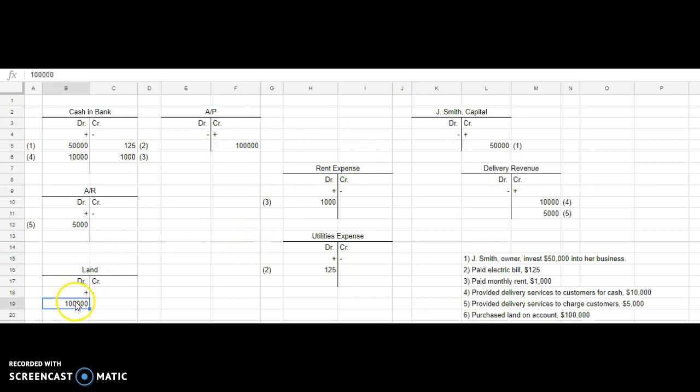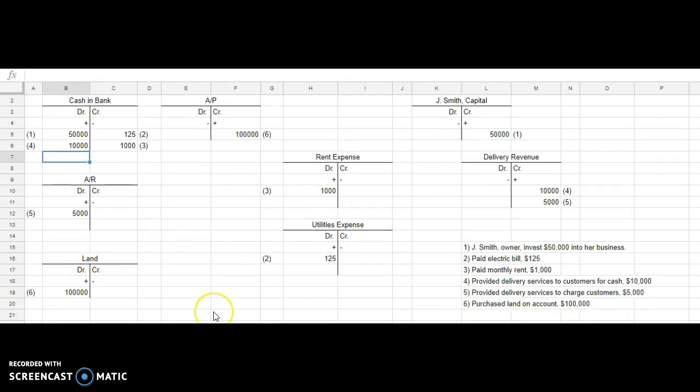And do my debits equal my credits? So now we have to prove the accounting equation, and we have to prove that our debits equal our credits. So the next step is to get our ending balances. Now, one thing I want you to remember is your ending balance is on your plus